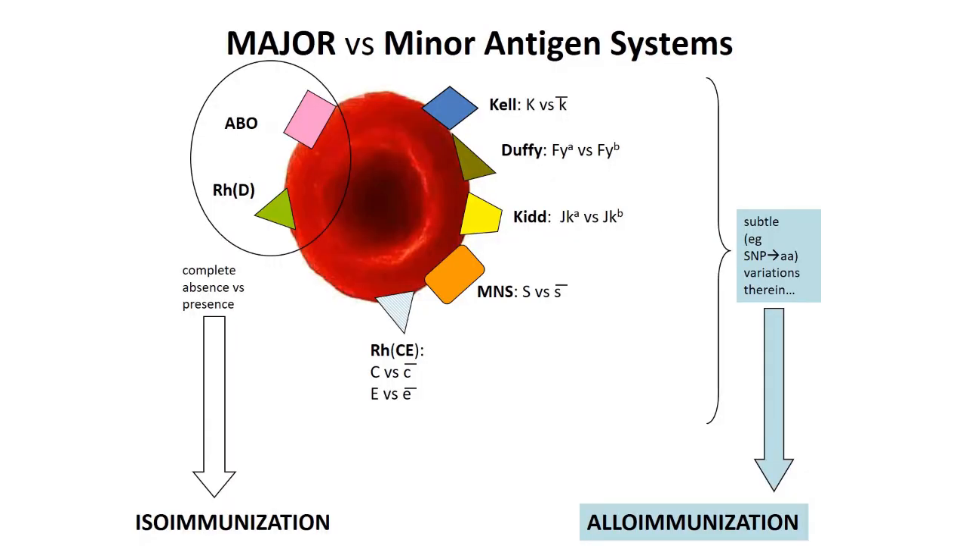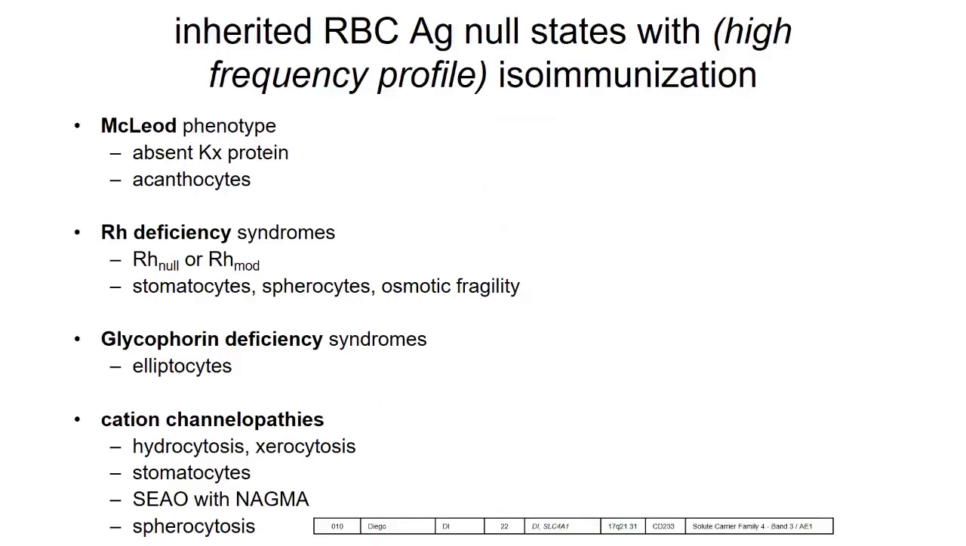Now, some of these minor antigen systems typically associated with alloimmunization can associate with isoimmunization if the entire protein is missing and not just mutated. So if one is missing the entire KX protein, one manifests with congenital hemolytic acanthocytic anemia and the so-called McLeod phenotype. Rh null individuals, by missing more than just the D structure, but the RhAG protein that is involved in